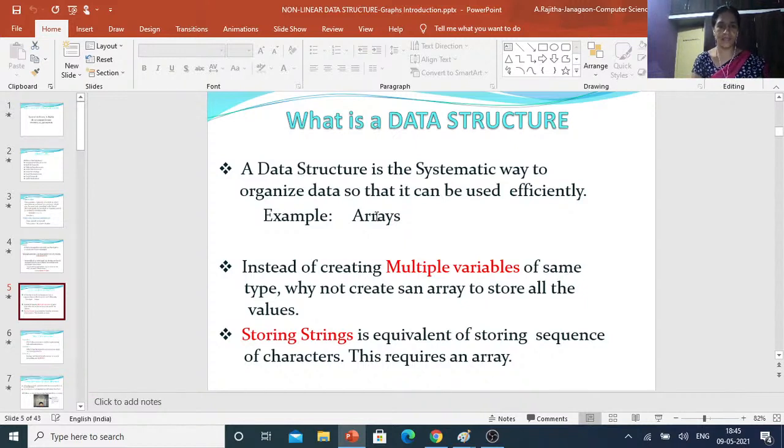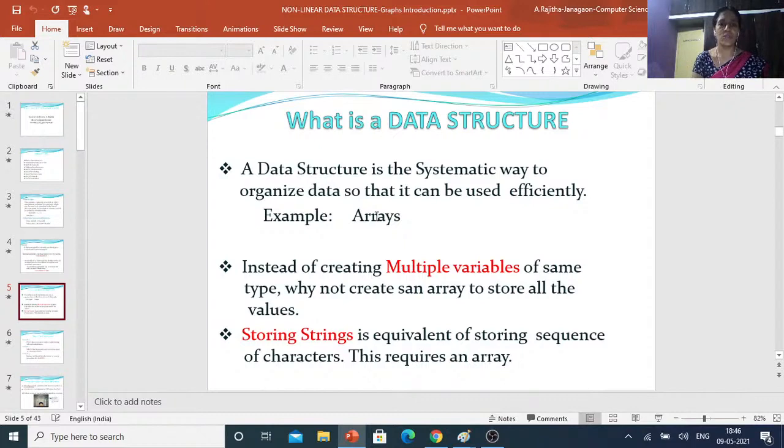Through some IDs. Every student has some student ID, every employee has their own employee ID. Instead of names we are using employee IDs, because names are duplicated. So for each and every one we can identify by using some unique number, whether those are the students or the employees.